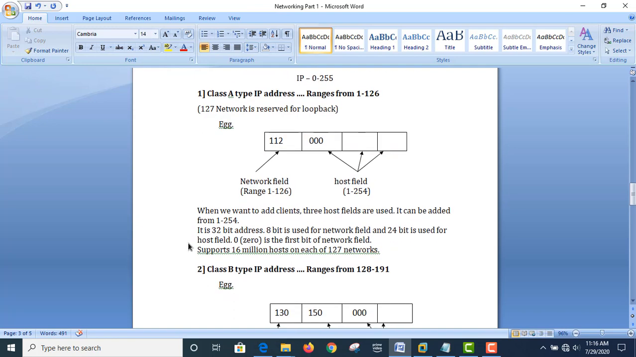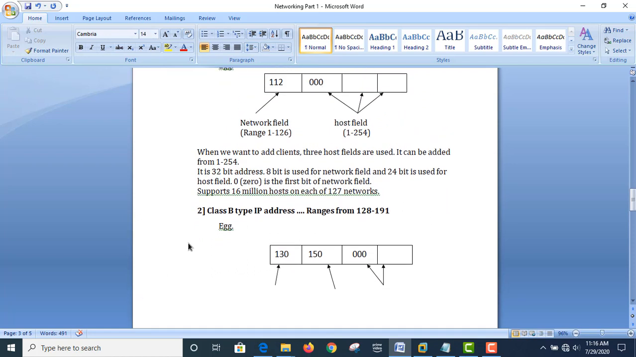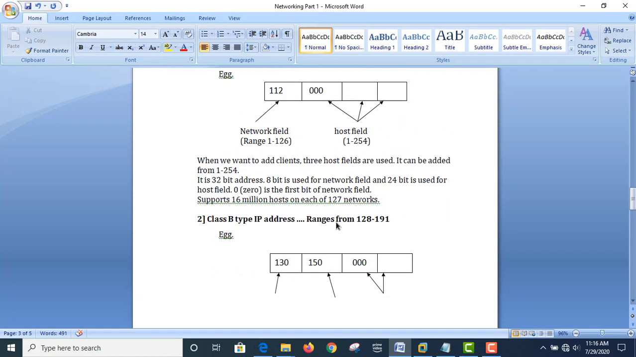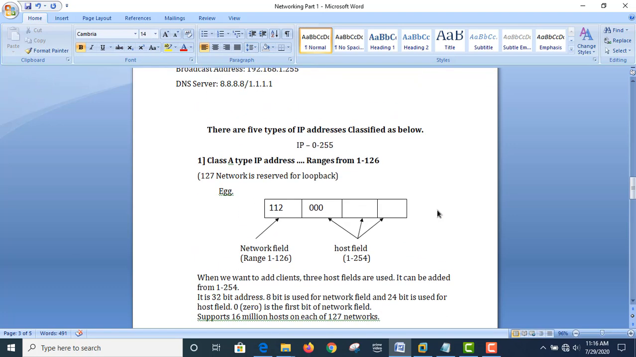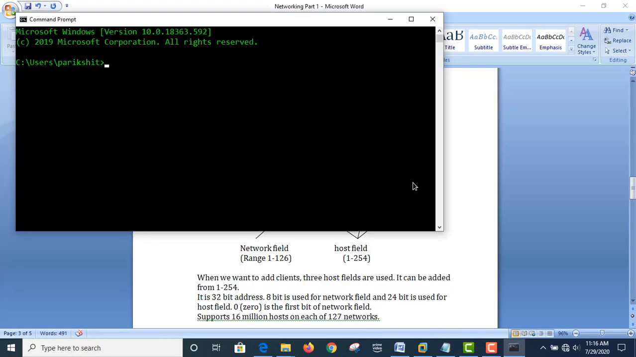And similarly next is the class B type, which will then range from 128 to 191. But you might have noticed that we haven't seen 127. 127 is actually reserved for the loopback. Loopback is your Ethernet IP address, and it is used to check the connectivity of your interface. If I want to show you practically here, let's say CMD, and I will ping